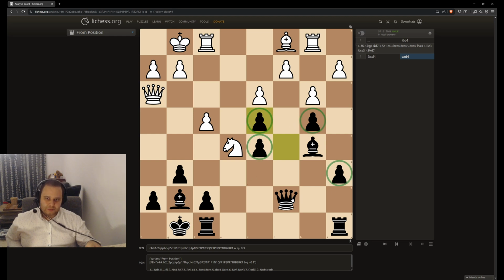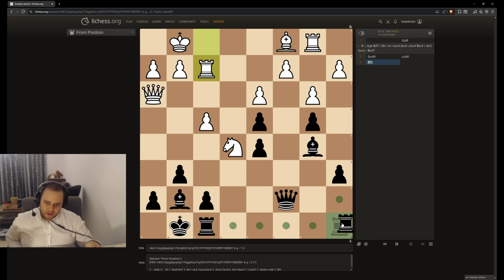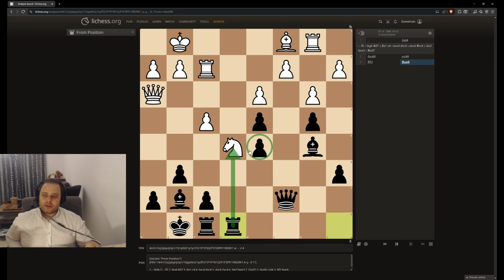And this is terrible. However, it does create a threat on the c2 pawn, and the threat on the e pawn here. The knight is attacked twice and only defended once. My opponent defended one of them, and instead of taking this pawn, which I could have done, I played rook. Actually, I played rook a to e8, putting pressure here,